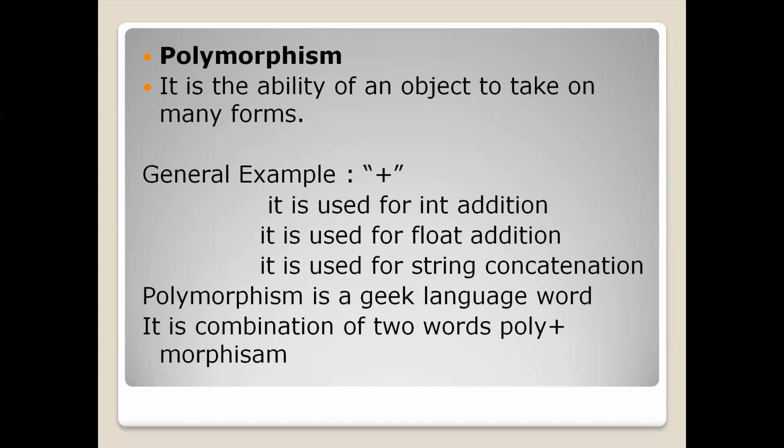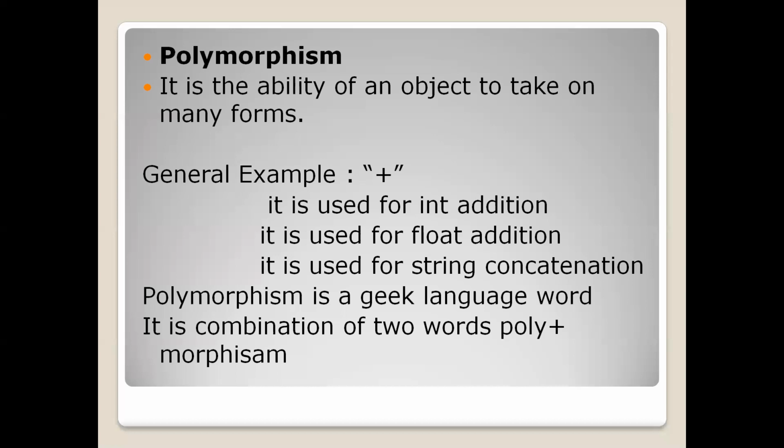These are the most popular things what we see in the Telugu films. The same thing, we can use the knife in order to cut the vegetables, and we can also use the same knife in order to murder a person. So that knife has been used in two ways. That means the concept of polymorphism. If anything is having more than one form, then the type is called polymorphism.